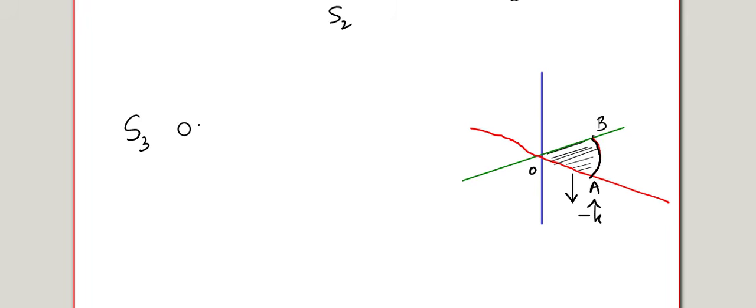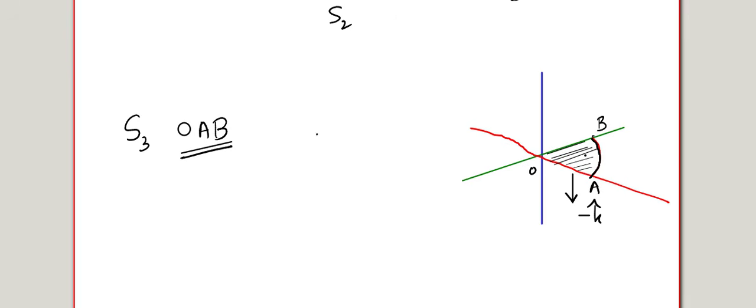And what will be the third circle? The third circle will look like this. This is our z-axis, this is our y-axis, and this is our x-axis. So the third circle will look like this here. It's a quarter circle over here, and you can see that there is no height movement, and the unit normal will be minus k, because this surface is the bottom portion. So this is A, this is B, this is O. So surface S3 means OAB,